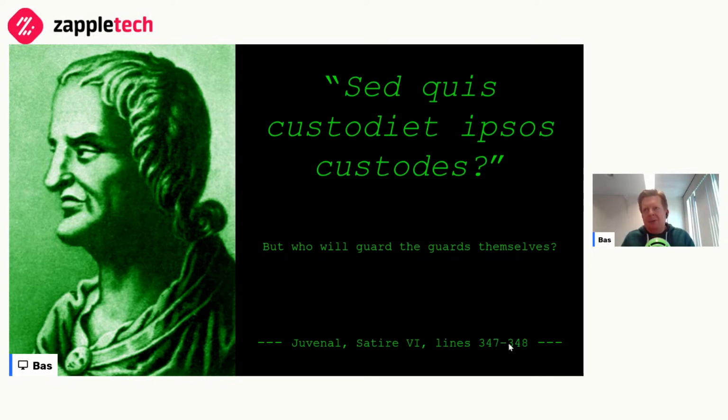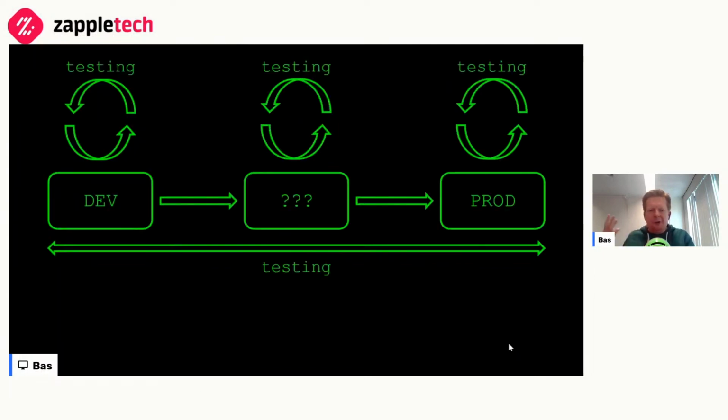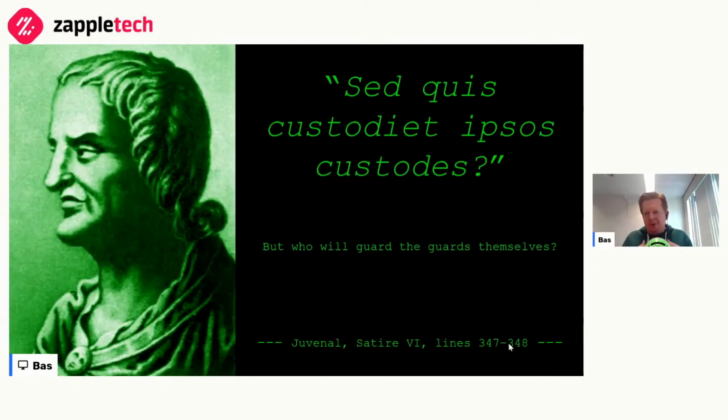And why is that so important? Because the more we move towards, let's call it a continuous testing model, if we want to give it a name, the bigger the part that automation plays, the more important the quality of that automation becomes. And especially because the more we move towards a continuous delivery model for software delivery, the more we rely on the information that's provided by our automated tests.